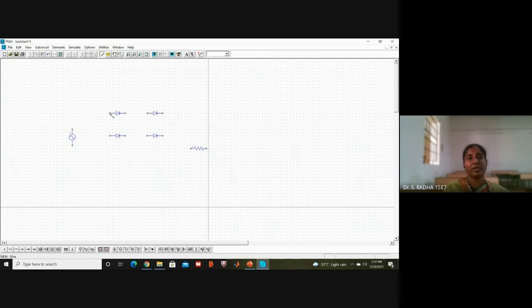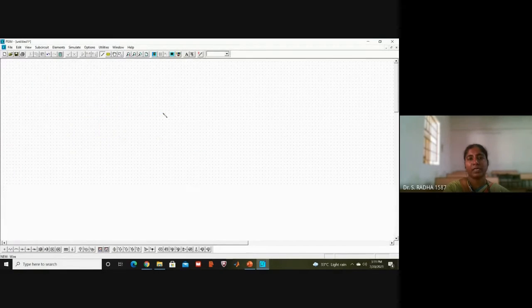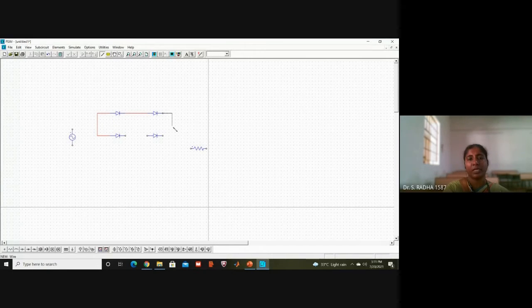As we have done similarly, at the starting place you have to click, but now press the left button on your mouse. Whenever you want to change direction, just release the button. So click the starting point and press the left button of your mouse. Only with practice will you feel it is easy. You must practice. If you are not doing it parallelly along with me, you should practice in your free time.